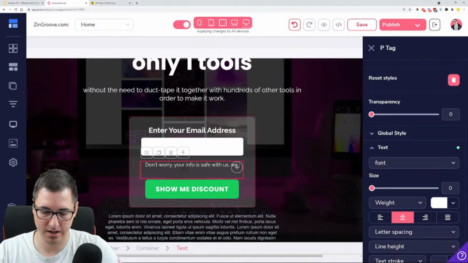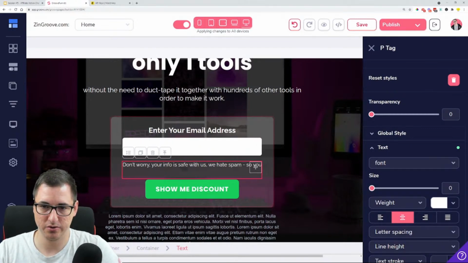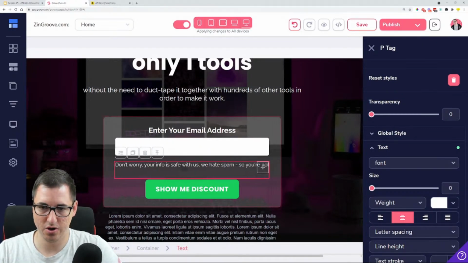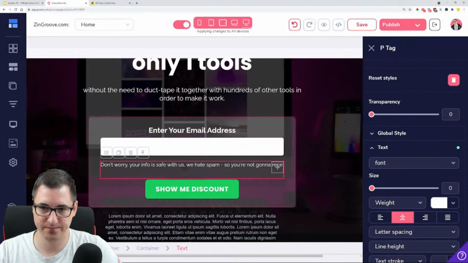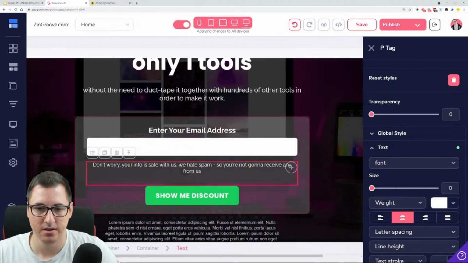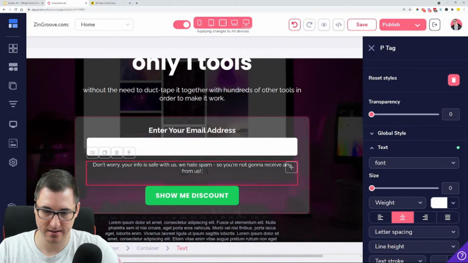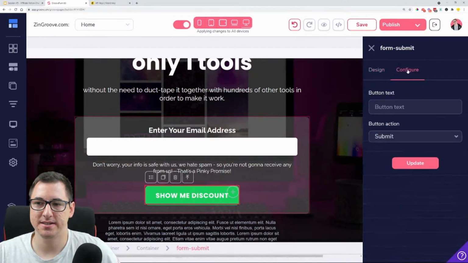We hate spam, so you're not gonna receive money from us. Say, pinky promise, something like that. And then instead of show me the discount, we can just say